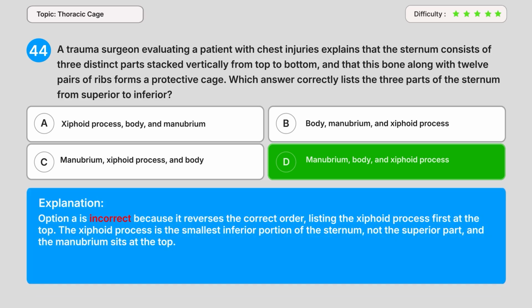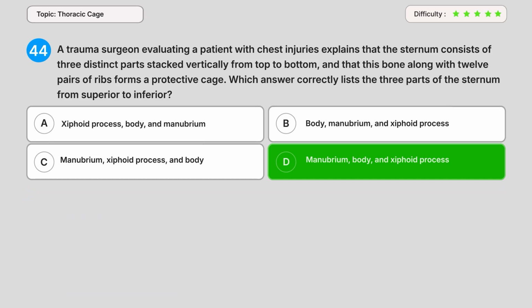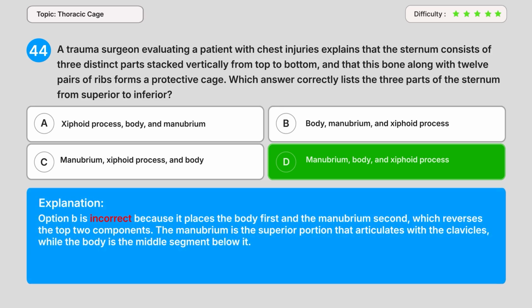Option A is incorrect because it reverses the correct order, listing the xiphoid process first at the top. The xiphoid process is the smallest inferior portion of the sternum, not the superior part, and the manubrium sits at the top. Option B is incorrect because it places the body first and the manubrium second, which reverses the top